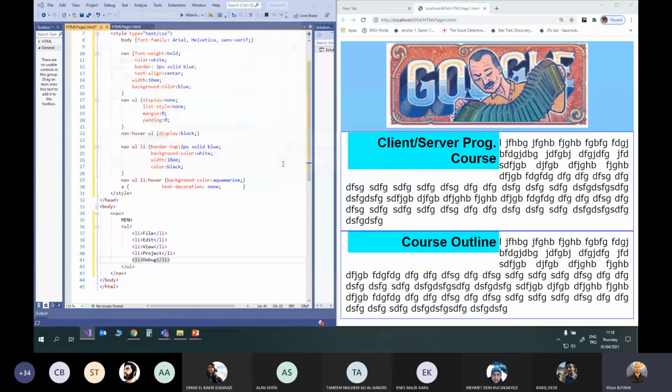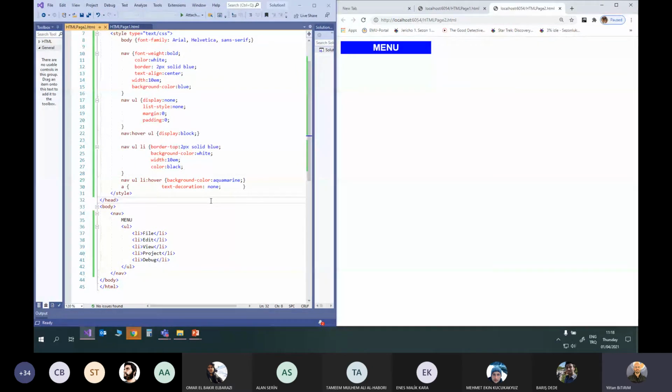Okay, yes, then let me see it on browser. Okay, now I have menu. I'm moving on my menu. Okay, you see when I move on menu, my list is displaying by the browser. What happens here? Actually, what happens here? When I go on menu, okay,